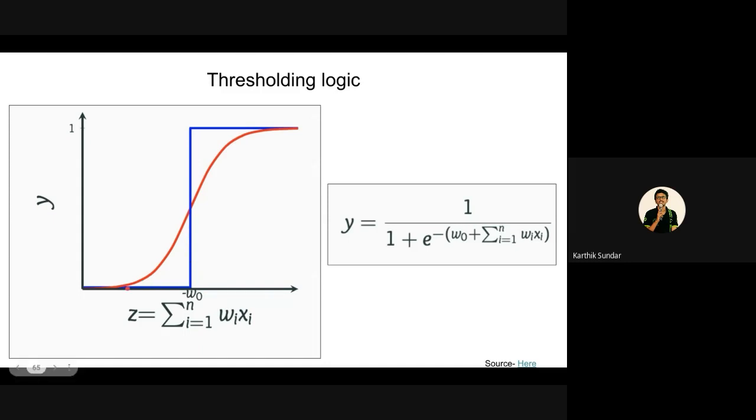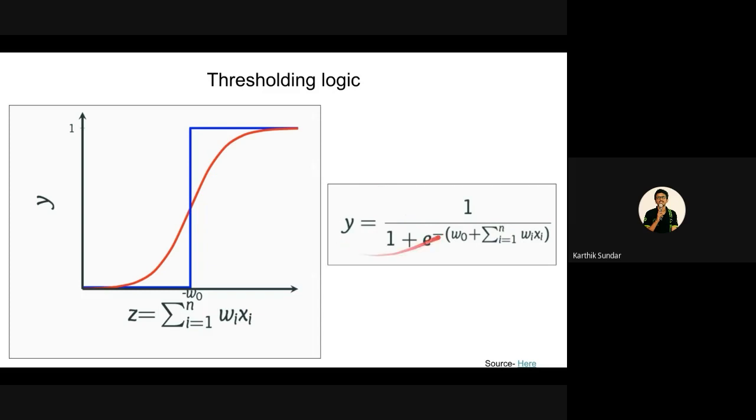So this is not the way it was supposed to be for classification, because for any classification algorithm, you can give the probability of the class. You can tell the probability that the class belongs to 1 is like 0.8 or something. You always have the convenience of it, and that's what gave birth to the sigmoid neuron. Instead of a normal perceptron, we gave birth to the sigmoid neuron. This particular function, 1 by 1 plus e power minus sigma WiXi, is called the sigmoid function. In a very common term, it can be called the logistic function.